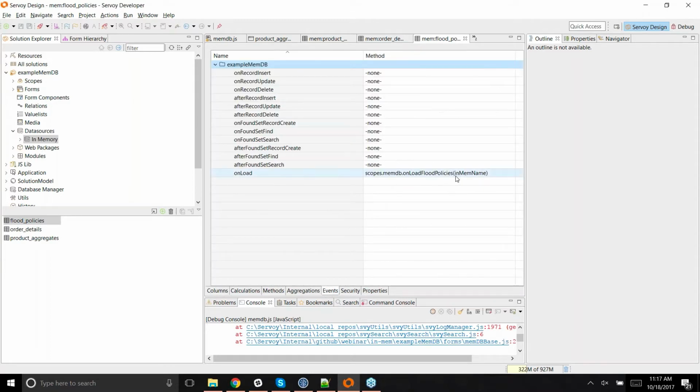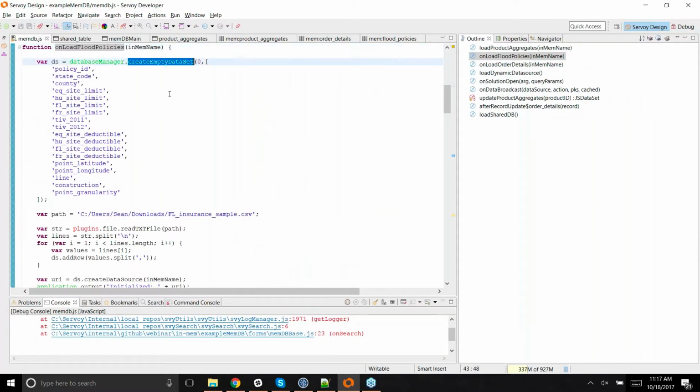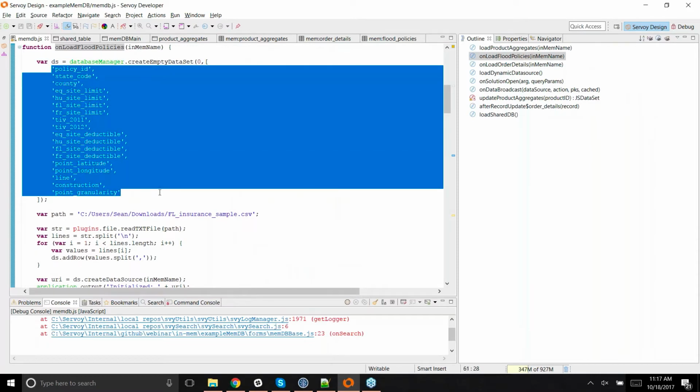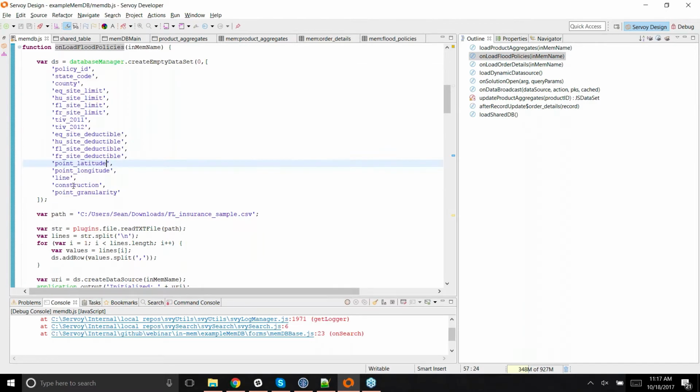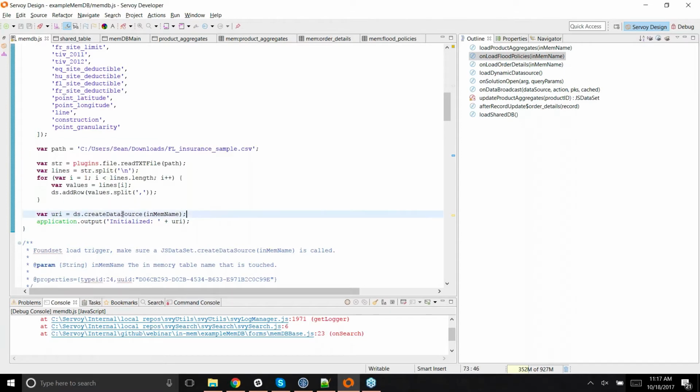And if I go to the event for the onload, it takes me back to my handler. And what I do here is a little bit different. First, I start with an empty JS data set. I set what all the column names are going to be, and one of the important things when you go from a data set or a query to a memory data source is that the column names should match. So in this case, I just sort of laid them out so that they match exactly the design time data source schema. Then all I do is I read in the text file, and I parse the lines,